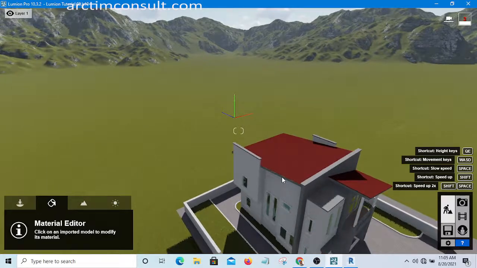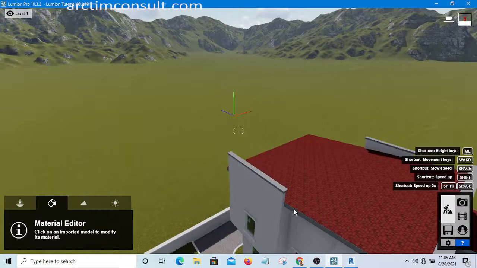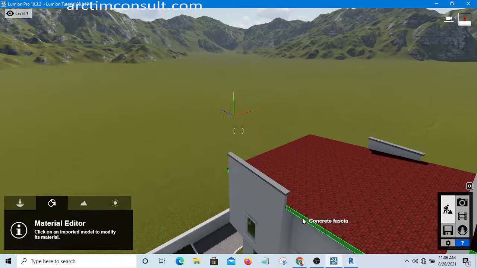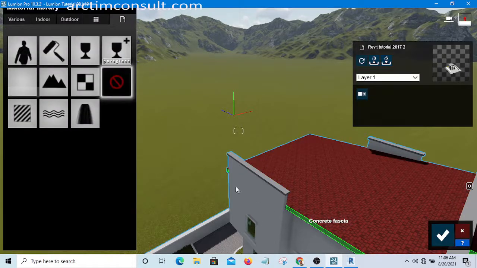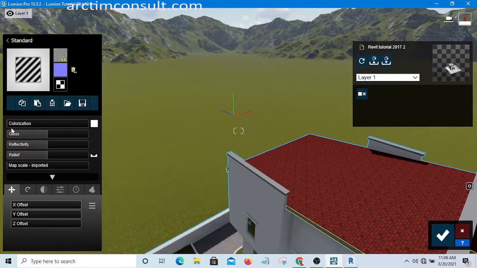I want to adjust this concrete fascia. I want to adjust this fascia. To adjust it, I simply select it. Then I can apply standard material to still retain the Revit property. Then I will reduce the glossiness. I will reduce the reflectivity. And